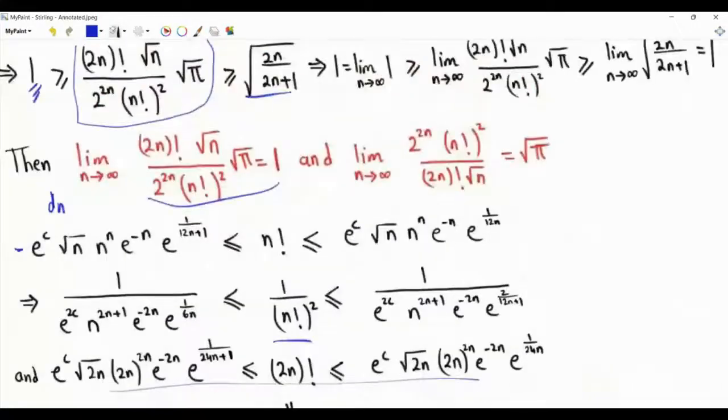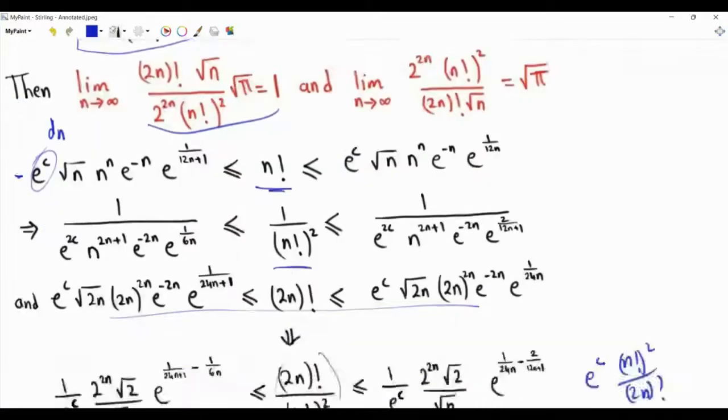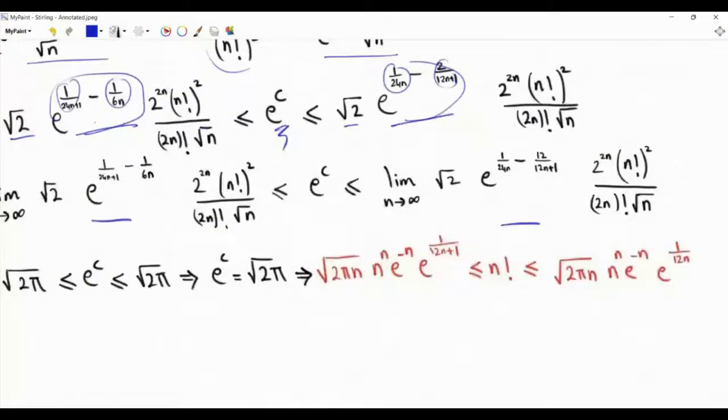Okay, and our bounds on the factorial of n involve e to the c, so we can just replace this e to the c here and there by the square root of 2 pi, and now we have the desired bounds on the factorial of